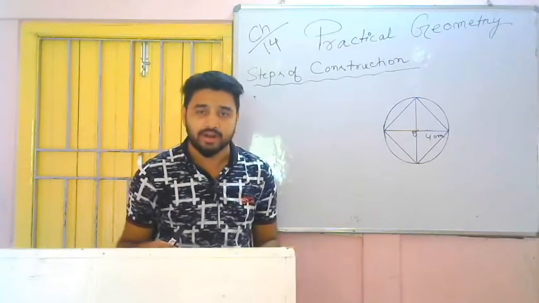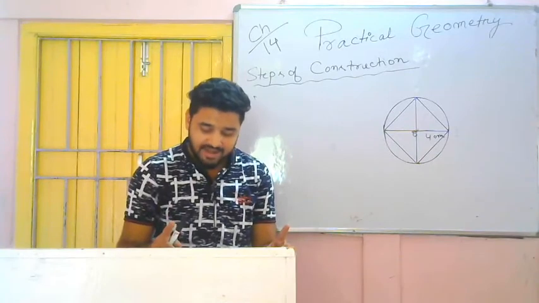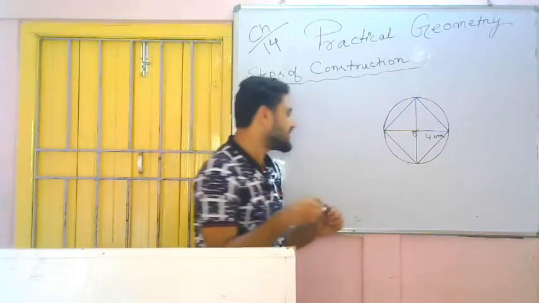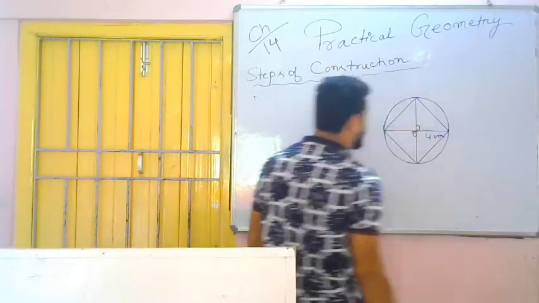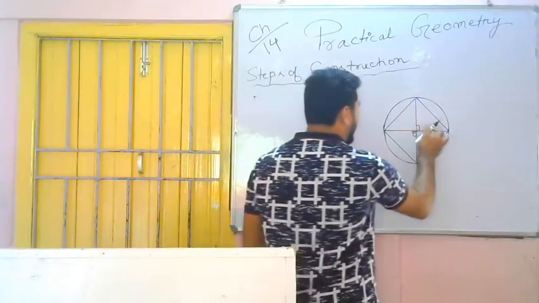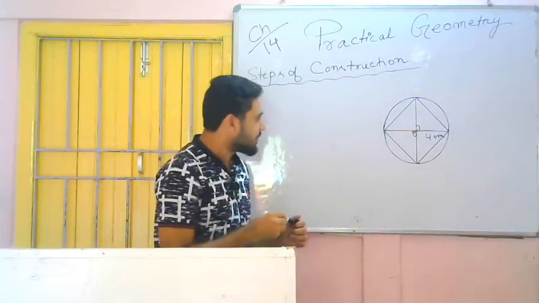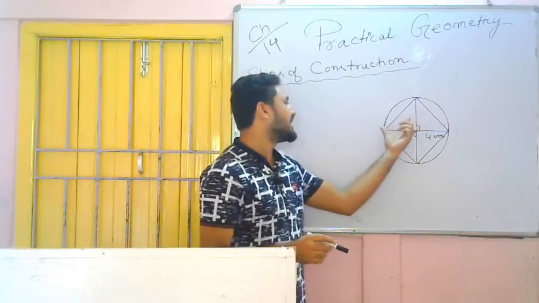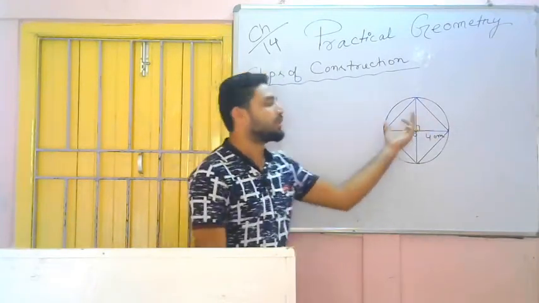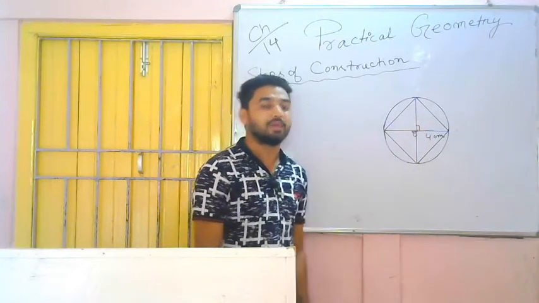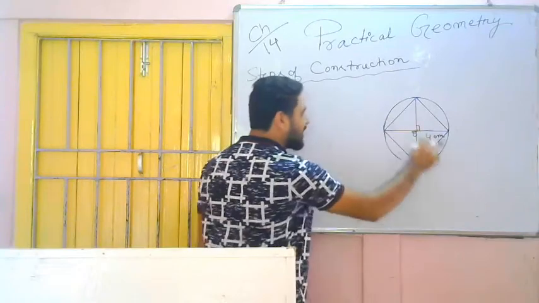And the question further asks what figure is obtained if the diameters are perpendicular to each other. That means if the diameters are perpendicular to each other, again it will become a square. You see, earlier we said that after joining the ends of the diameters we got a square, because all the sides are equal and the diagonals are also equal.